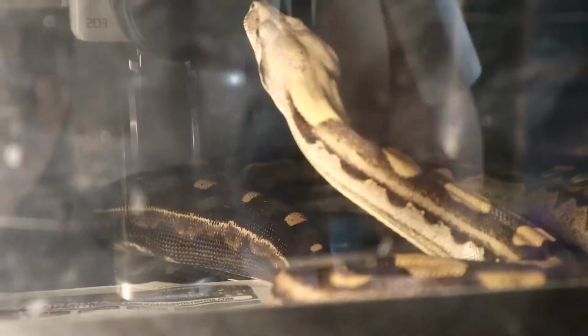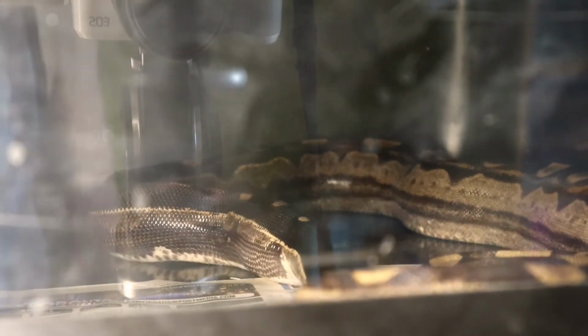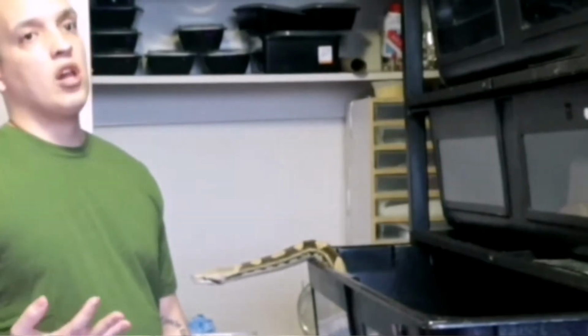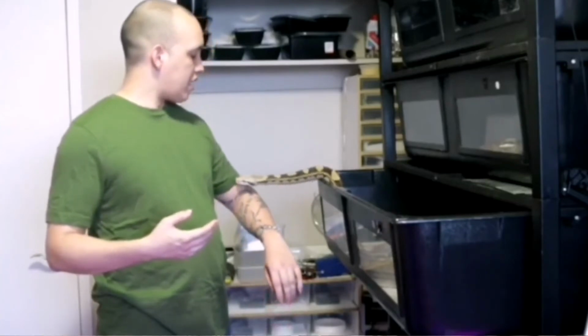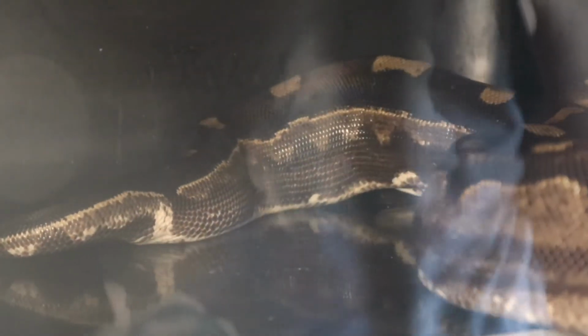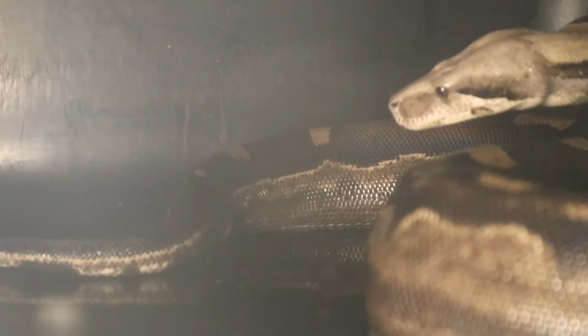to me. She's one of the unique ones that comes out and checks on you and says like, "Hey, what are you doing?" And no, she doesn't talk to me, but she comes out, she checks you out. Almost every time I open up her drawer, she'll come out and crawl on me, and we have a good relationship. So even though it would have been really nice to have a litter, I'm just